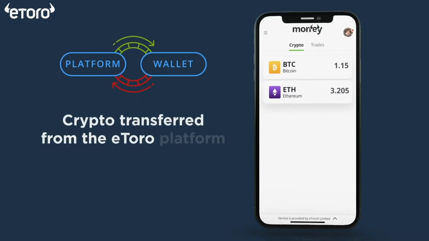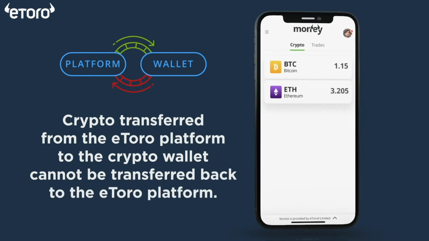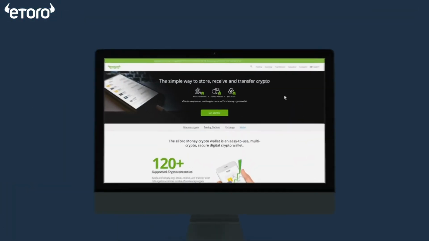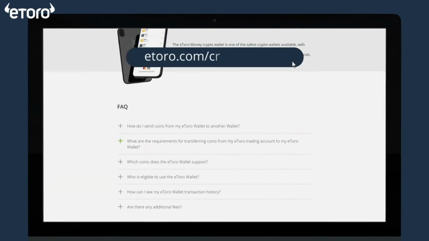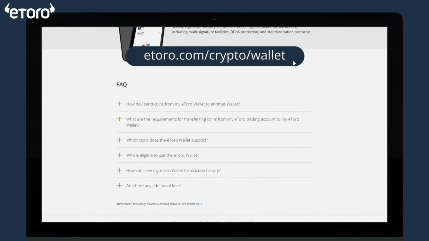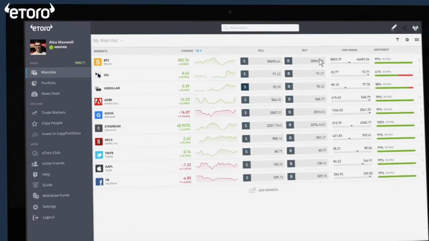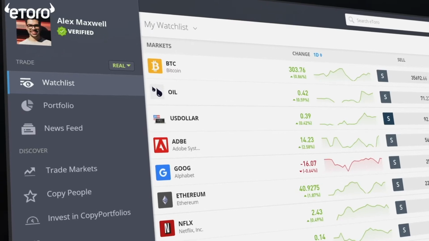Any crypto you transfer from the eToro platform to the eToro Money Crypto Wallet cannot be transferred back to the eToro platform. You can find further important information on our dedicated wallet page, etoro.com/crypto/wallet. Let's get started. Once you have installed and signed into the eToro Money app, the option to transfer crypto